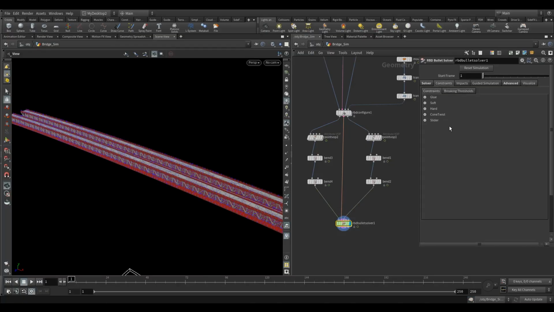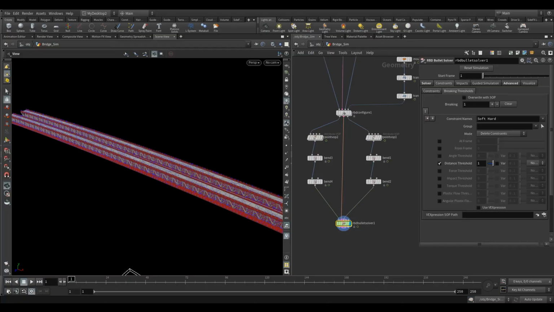Okay, so come into constraints, breaking thresholds. Okay, and we want this to only work on those connectors. So set this to connectors. Okay, not on those. We don't want it to be breaking the metal constraints. So specifically select the connectors there. And then I'm going to set this to 0.02, pretty low value. So when the constraints are stretched, the rest length is increased by 0.02 or more than 0.02, they will be